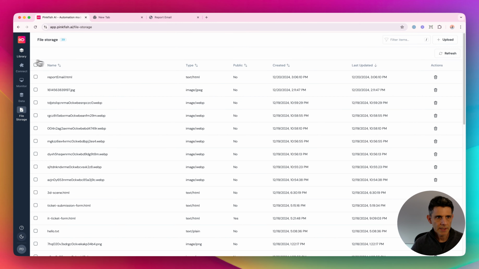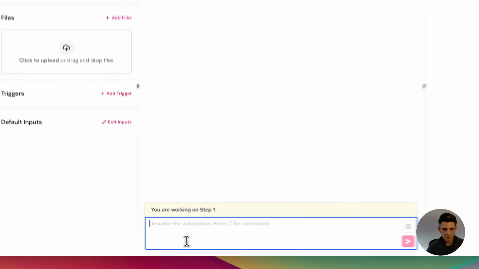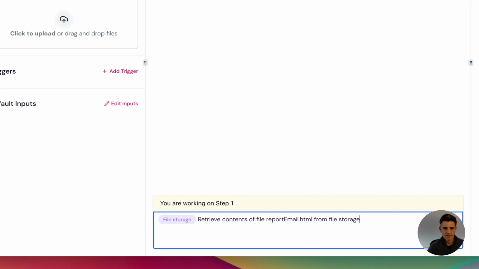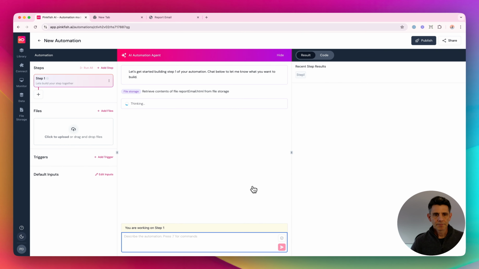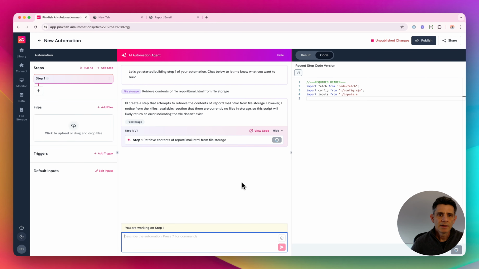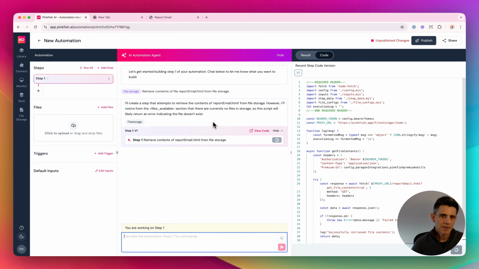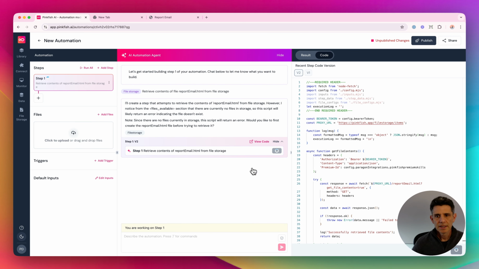Now I'm going to create an automation that retrieves that file as part of the first step. So I'm going to select the file storage skill first, and then I'm going to paste in that prompt: retrieve contents of file, report email from file storage. Okay, so I'm going to run this. And hopefully we'll get a script that pulls that out of global storage and makes it available to us. So let's see if that works. Let's run it